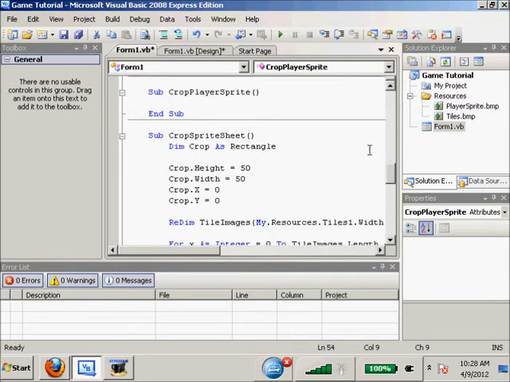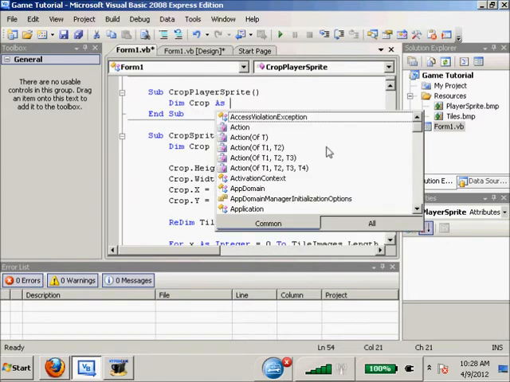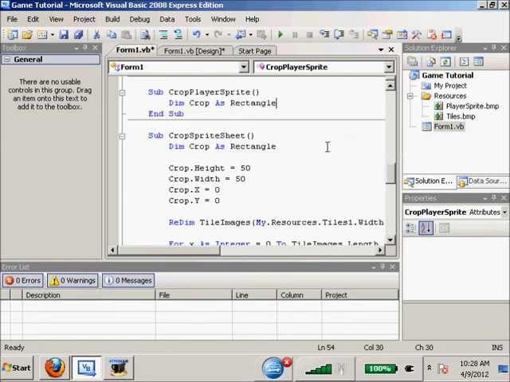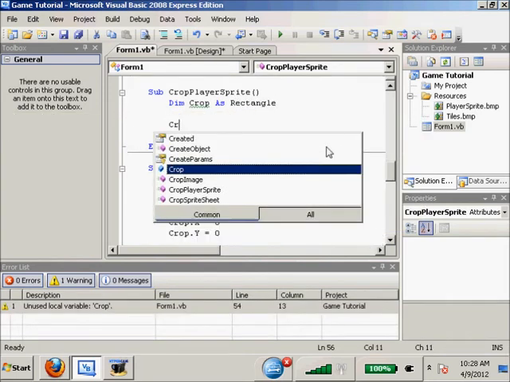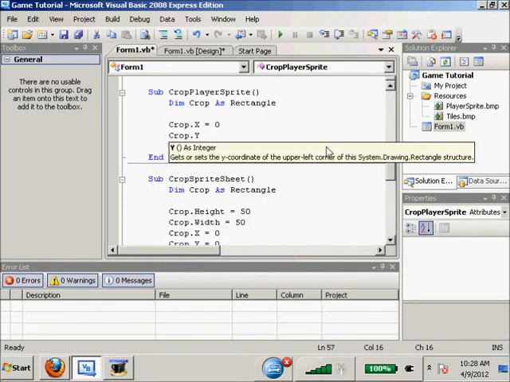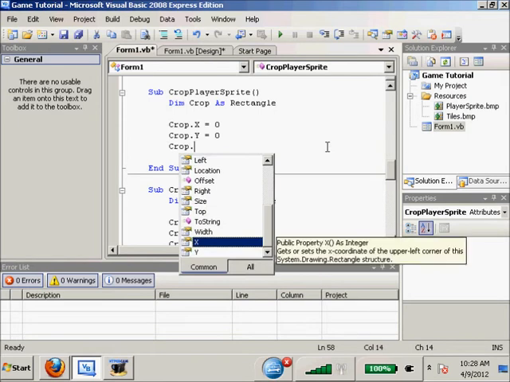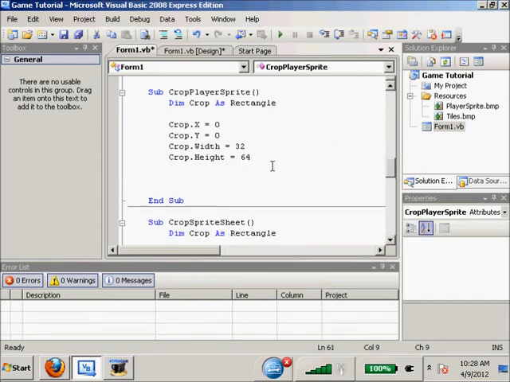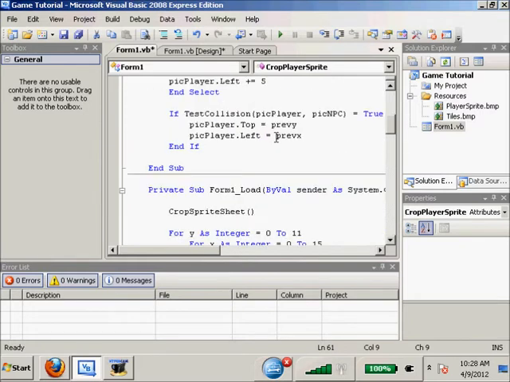Alright, so first we're going to do dim crop as rectangle. This is right here, and crop.x equals 0, crop.y equals 0, crop.width equals 32, crop.height equals 64. Now we're going to need to nest some for loops, but first, before we do that, we need to resize